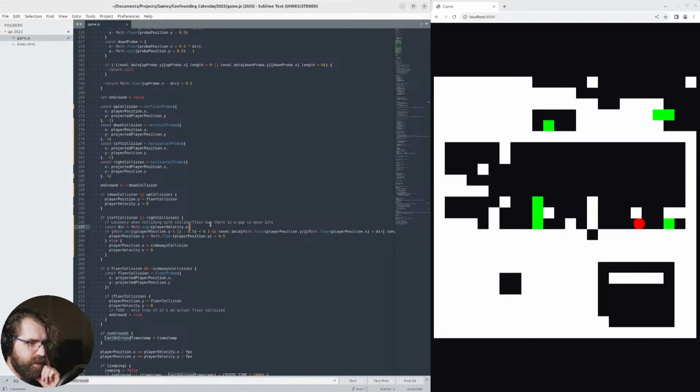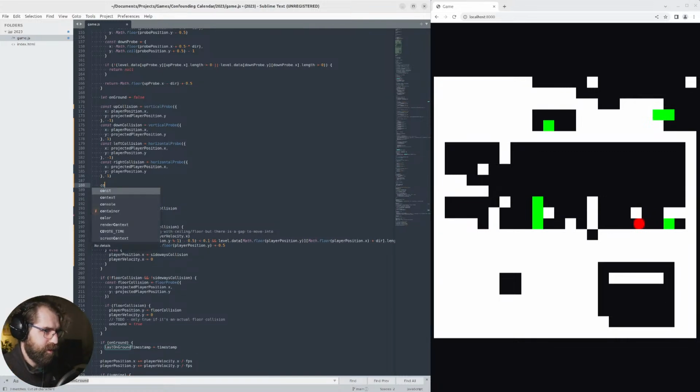Leniency when colliding with ceiling and floor, but there's a gap to move into. That should be fine. So then, if not, should we just simplify these to